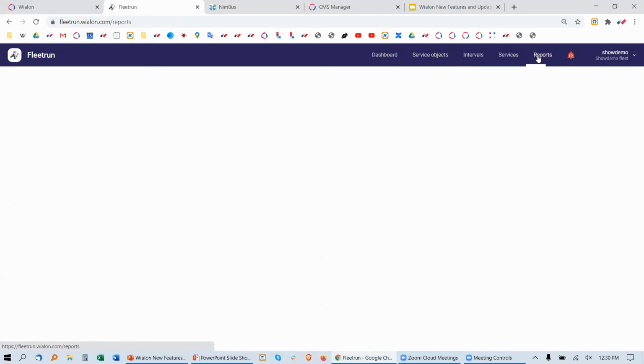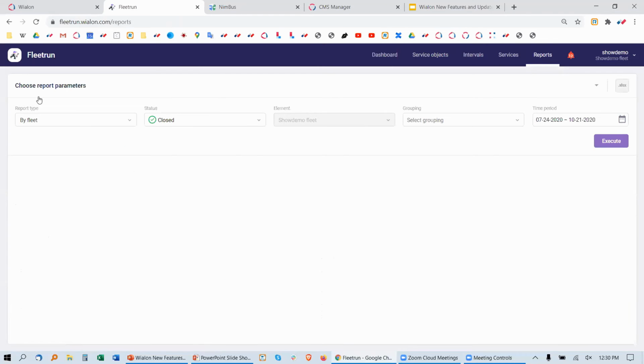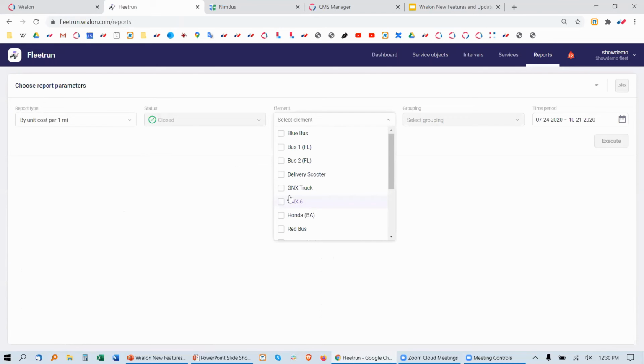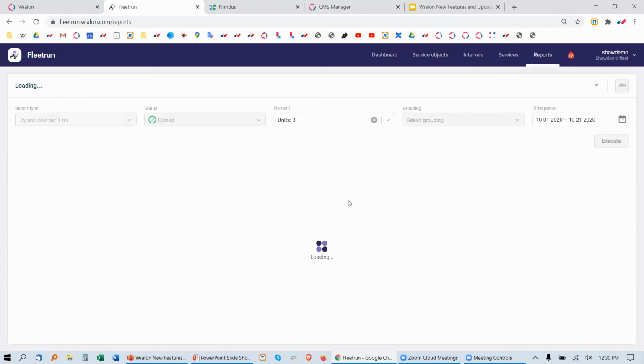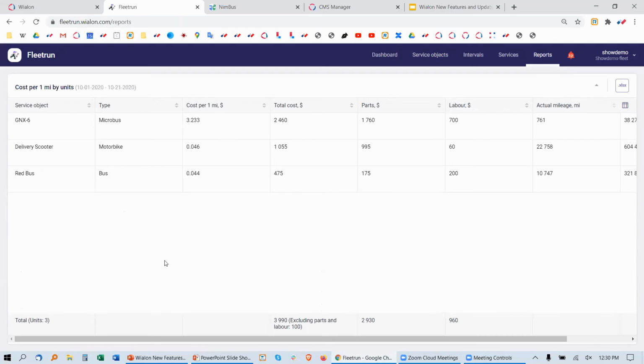Go into reports. So this is our report, and again, report type, as the reminder, that's what we added: fleet cost for mile and unit. So you can select any elements you want, a couple of those, say October, and you click execute. And here you see, and you can also play around the lowest to highest, the highest to lowest, and you see the total of everything, of total units, total cost, and a breakdown cost of labor cost and the